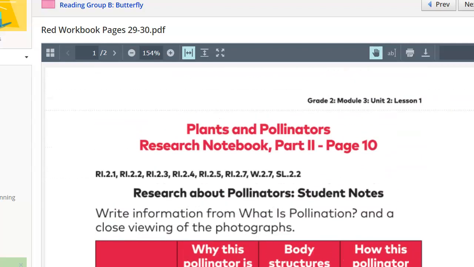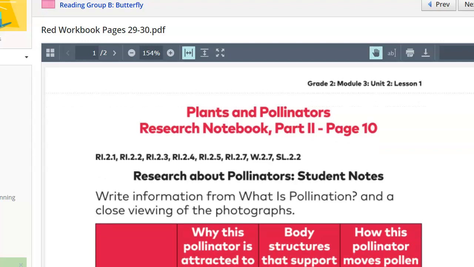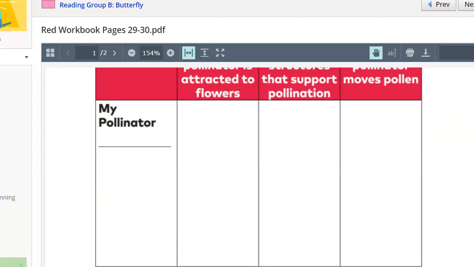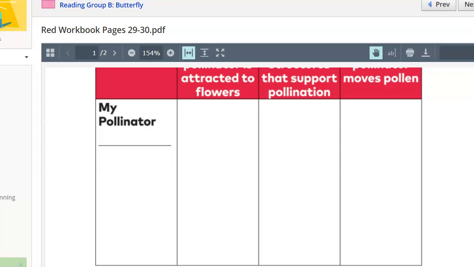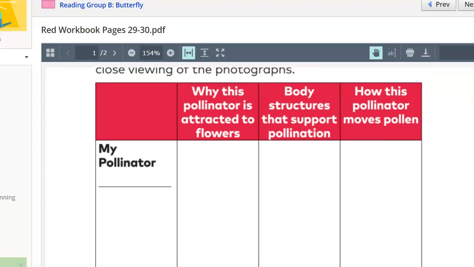So I had the workbook pages in there so that the facilitators could refer to them as they're going through their lesson. They could say, okay, everybody, let's write down our pollinator, either a beetle or a butterfly, whatever I assigned to them. And then they could say, now, number 1, we have to find out why this pollinator is